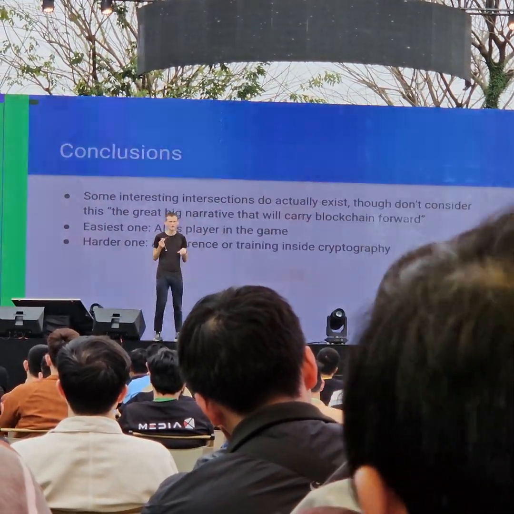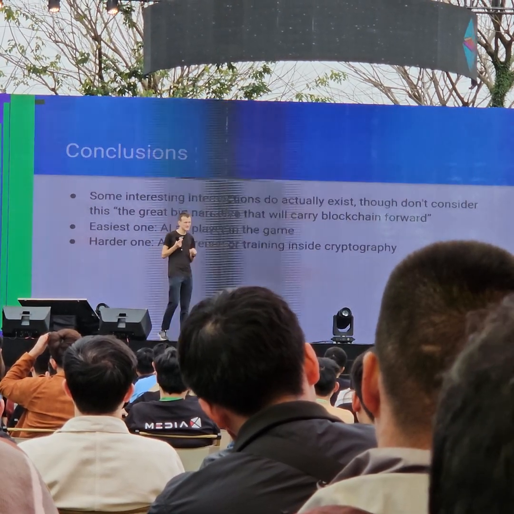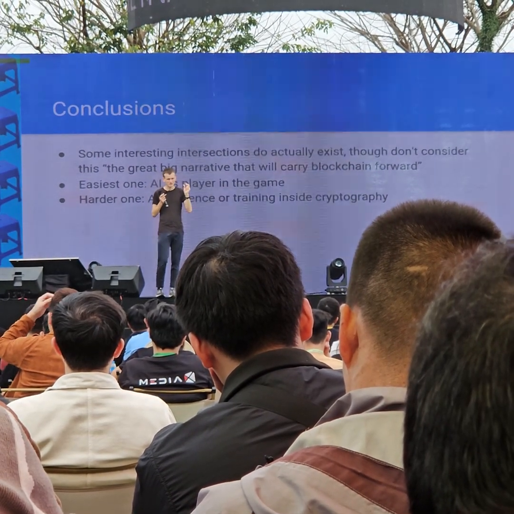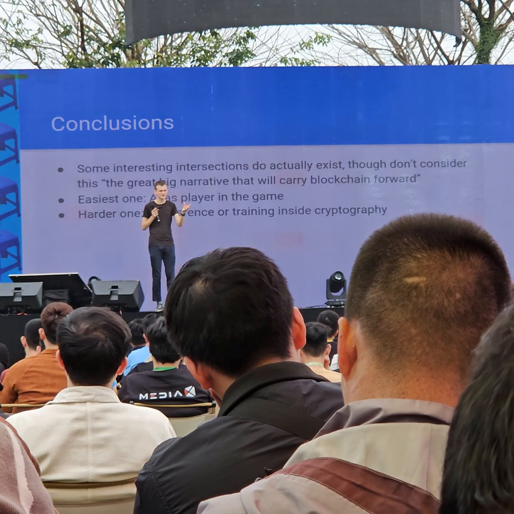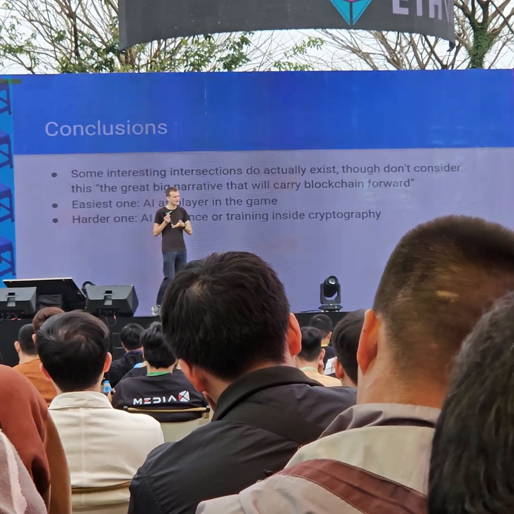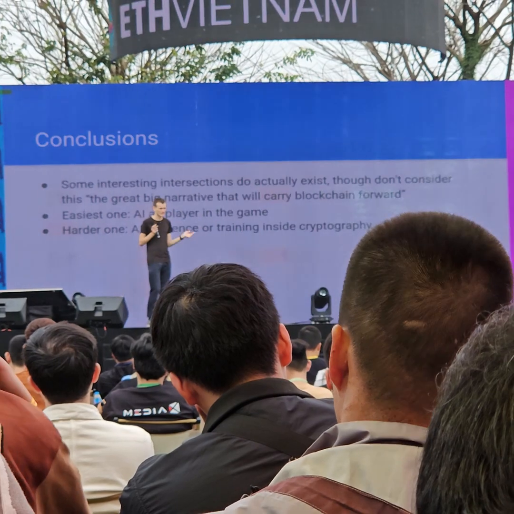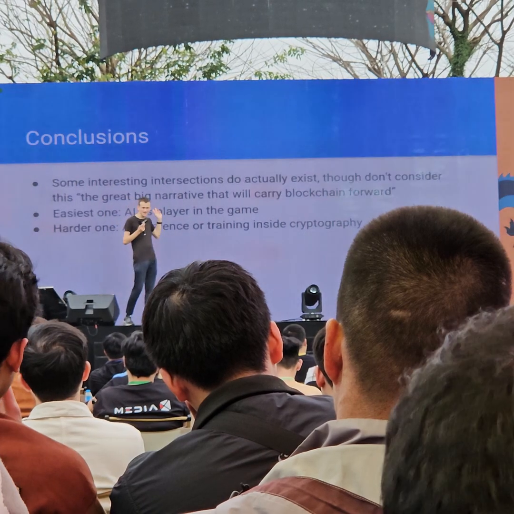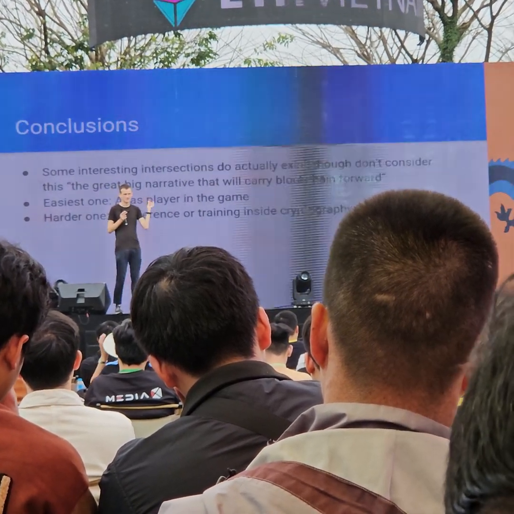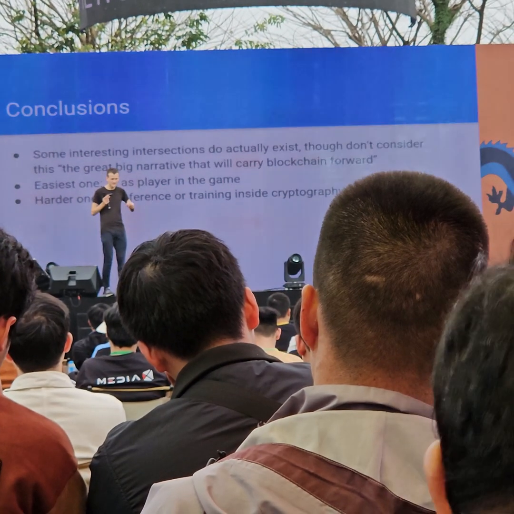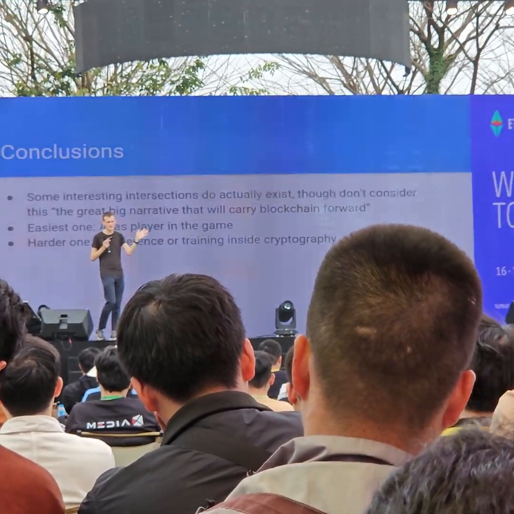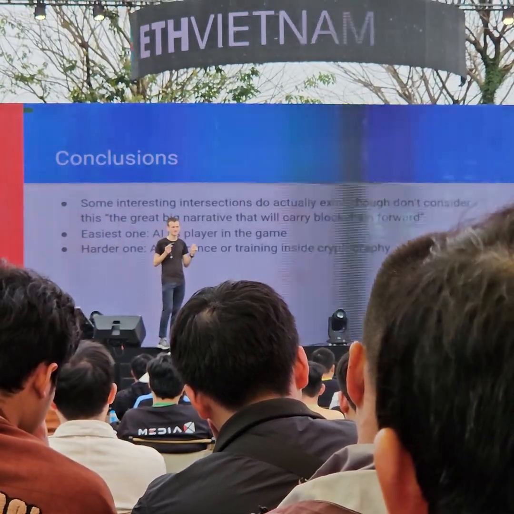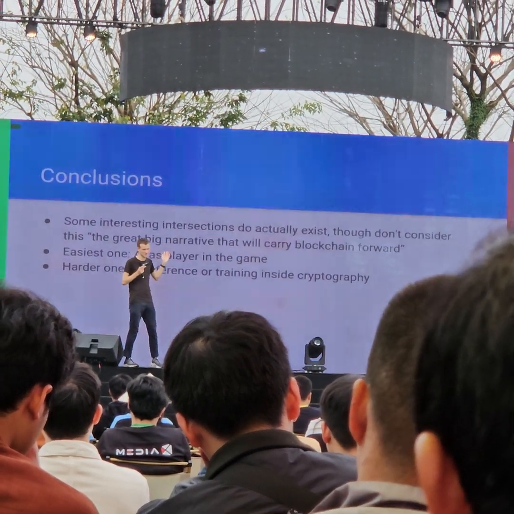But the harder one is AI as the rules of the game, right? Basically because if you make the AI actually be the rules, then you're putting a lot of trust into it. And you're putting a lot of trust into something that sometimes still breaks, right? And we know how to train attacks against it. And so you can try to use cryptography to protect against these things, but the challenges in trying to do this are great, right? So I think benefits are really great, but challenges are also really great as well. And there's a lot of really fascinating math and really fascinating cryptography that goes into doing these things well.